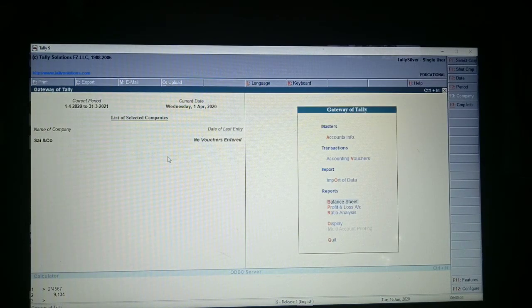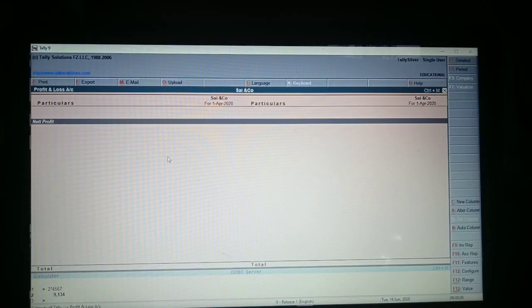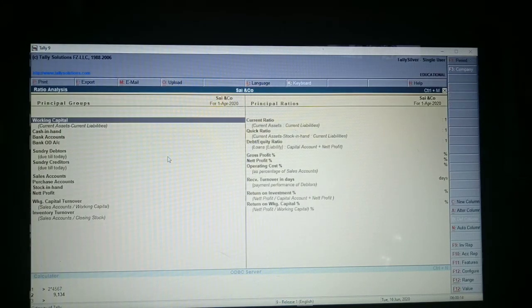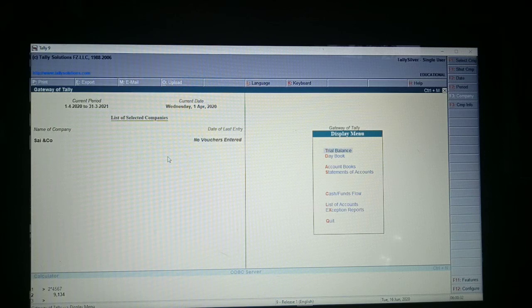Escape, P&L account, escape, ratio analysis. So here you have a list of current assets, current liabilities in detail. Escape and display. In this you have trial balance, day book, everything.